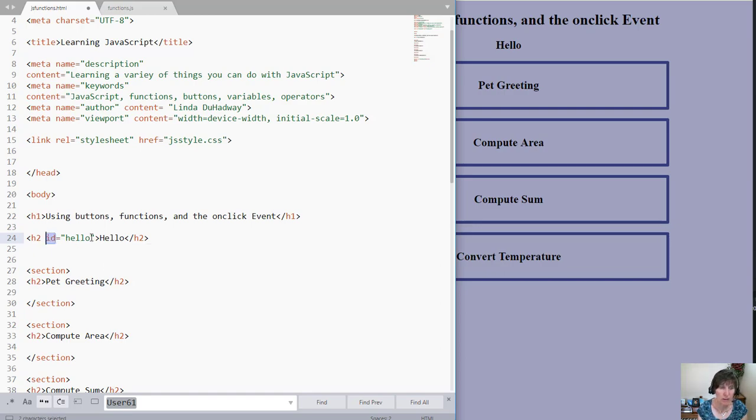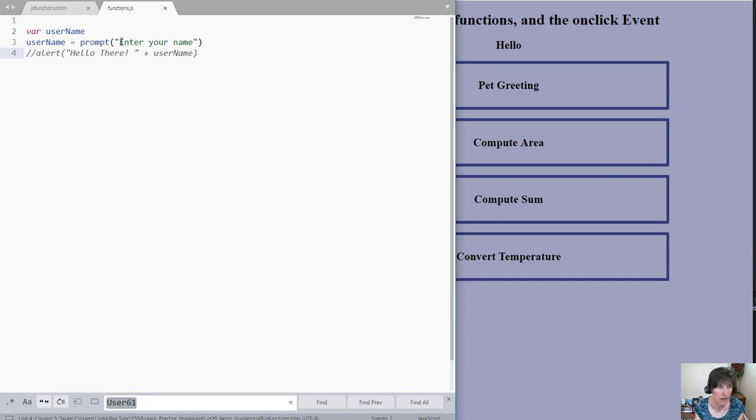So the idea behind them is that you uniquely identify an element. And so if that's the case, if I named this one hello, I would not use hello anywhere else as a value for ID on this web page. And now that that's uniquely identified with JavaScript, I can get it by going to, I do